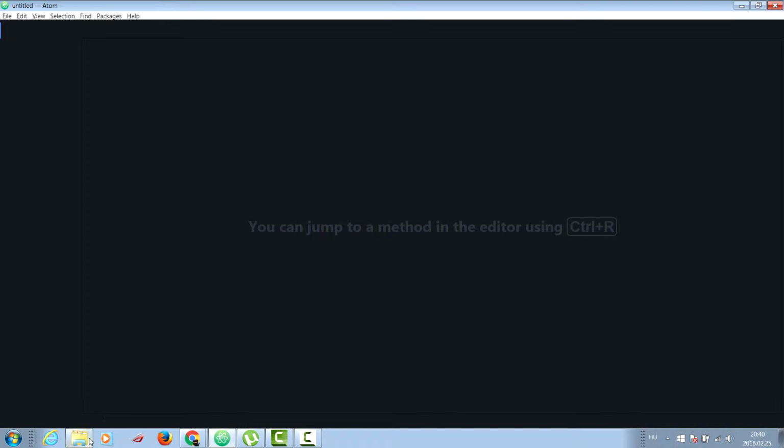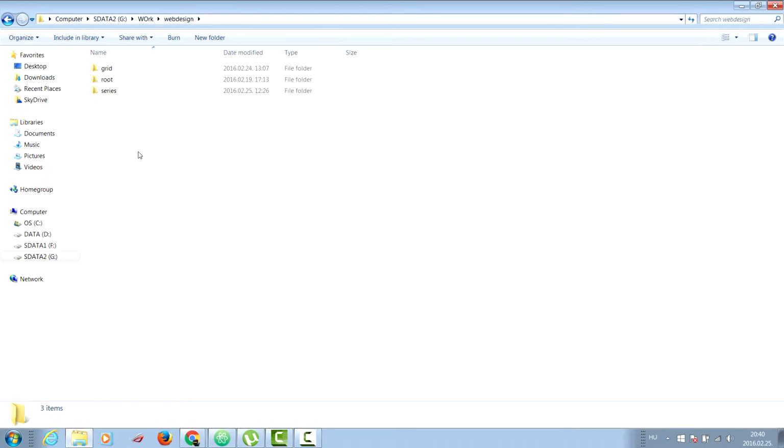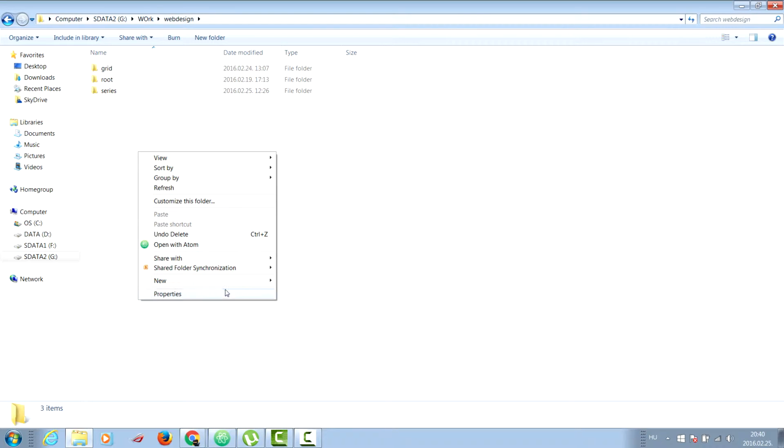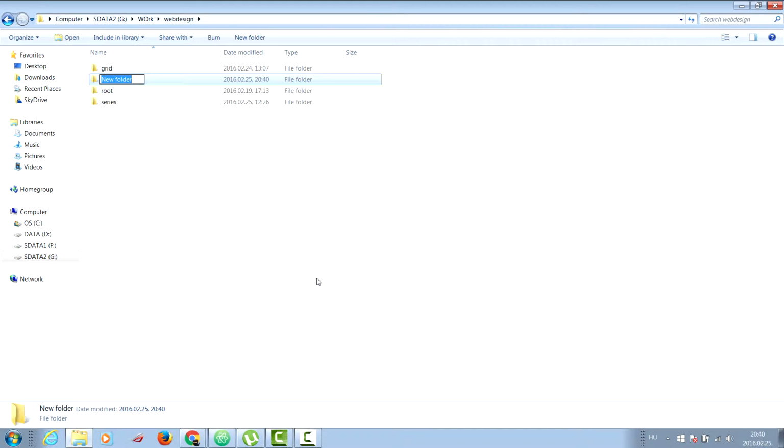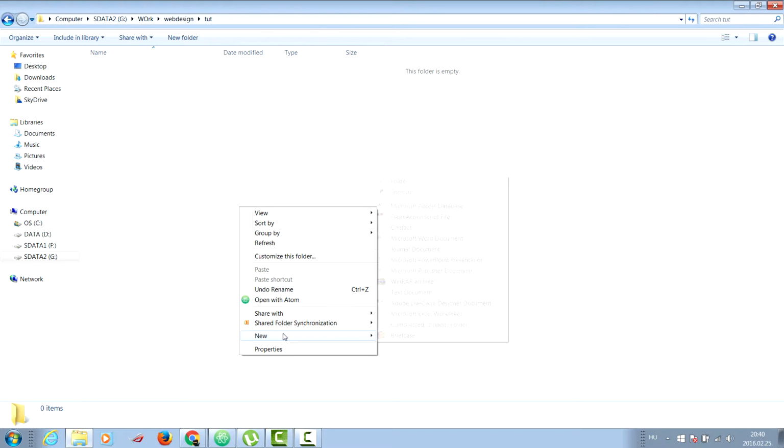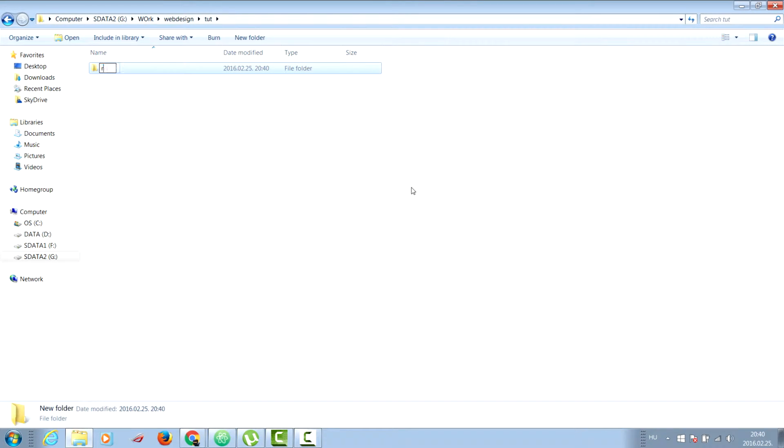So before you start anything with Atom, you can actually go ahead and create a new folder here. And for the sake of the tutorial, I'm going to call it a tut. And here's where you need a root folder. Now, you may know this from other applications, but a root folder is basically what contains all the elements to our web page. So inside a root folder,